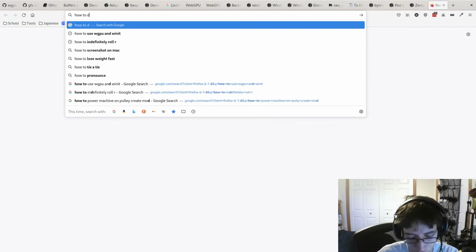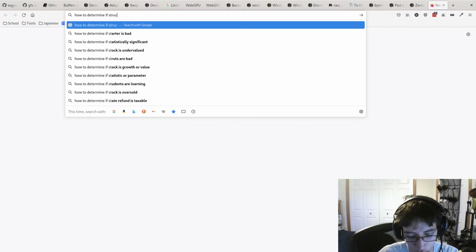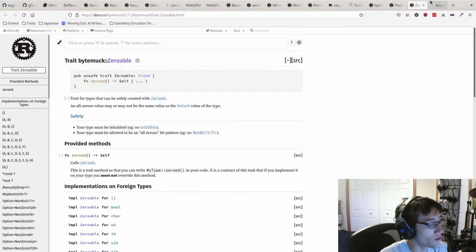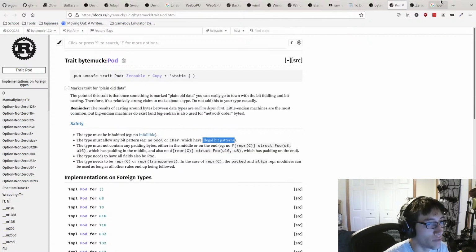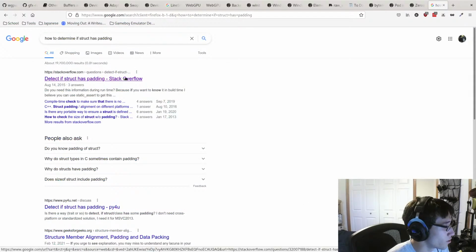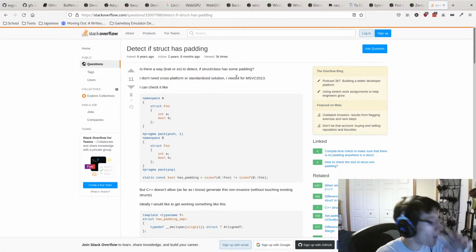How to determine if struct has padding? Oh, wait, no. I understand. I understand. Maybe. Hold on. Let me look at this for text any. I think I understand. Maybe. But it would be stupid. So here,